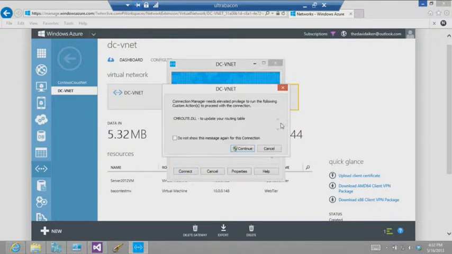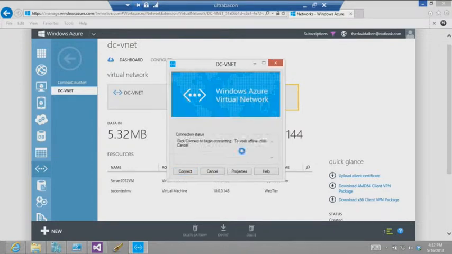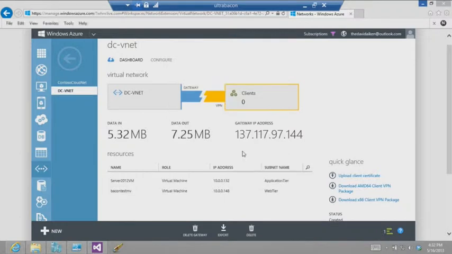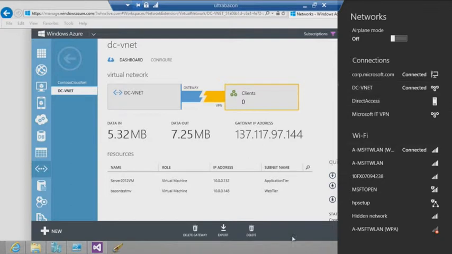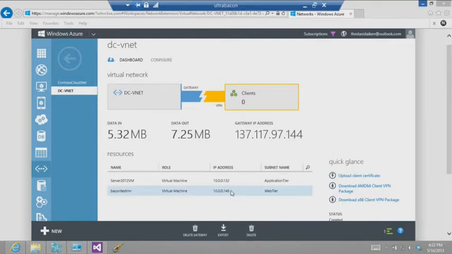That'll bring up the dialog. We'll click on Continue and Continue. It's going to modify my routing table so that it knows that machines with certain IP address ranges are actually up in Windows Azure now. So we're connected now, as you can see there. And what we should be able to do now is go and connect to this machine at